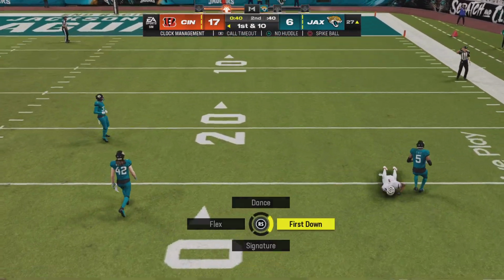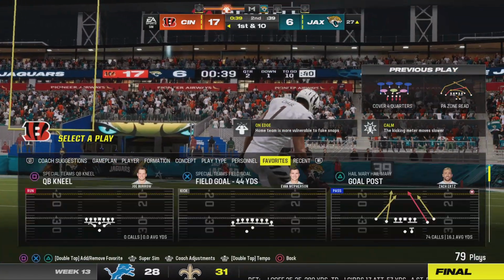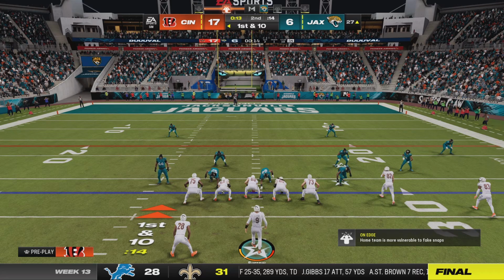Throwing for Chase on the crosser. He's got it. And he's going to have another first down as the tackle's made at the Jaguars' 27-yard line. Here we go. First down,